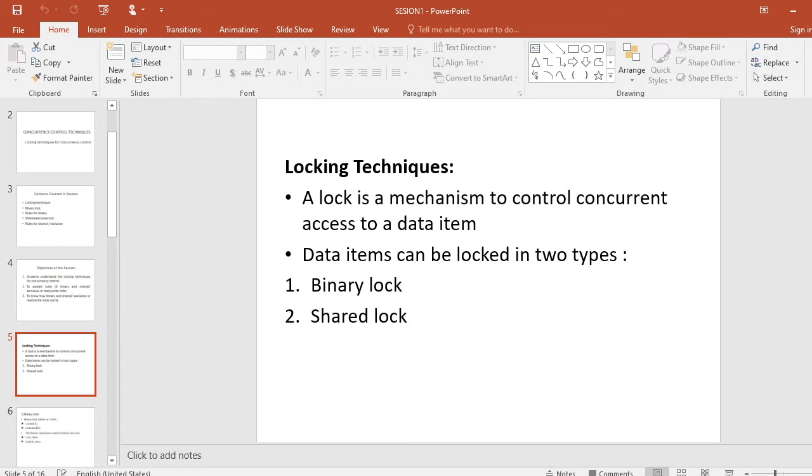Another factor that affects concurrency control is the granularity of the data items, that is, what portion of the database a data item represents.